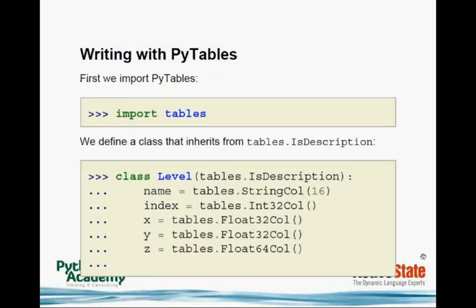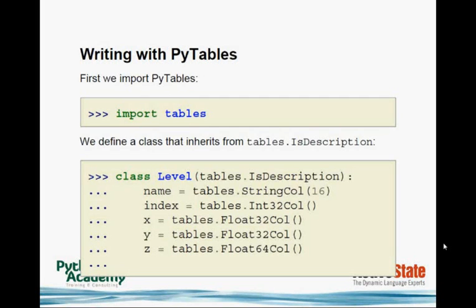Next slide, please. So now you see there are a lot of features. Now let's see how it looks, and this is one example. The PyTables package is called tables, so we import tables. The first thing we do is define a table, and we do this in a way very similar to how object-relational mappers work. You use a class, and this class has to inherit from tables.IsDescription. Now we can define how our table is going to look.